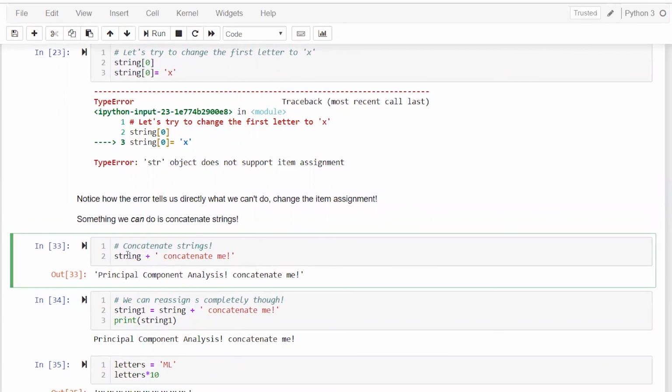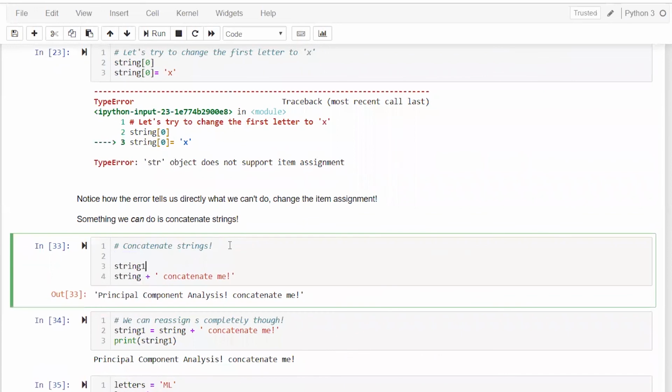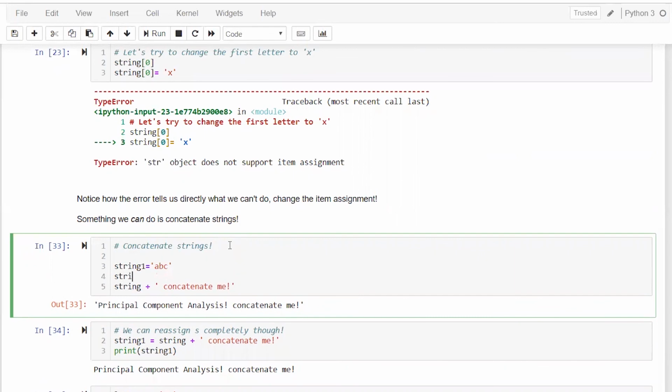So for example, you have a string, which is your principal component analysis. Then you can simply do plus as we were doing for numbers. So you can use plus operators when you want to concatenate two strings. For example, let's say string one is ABC. Then string two is equal to DEF.